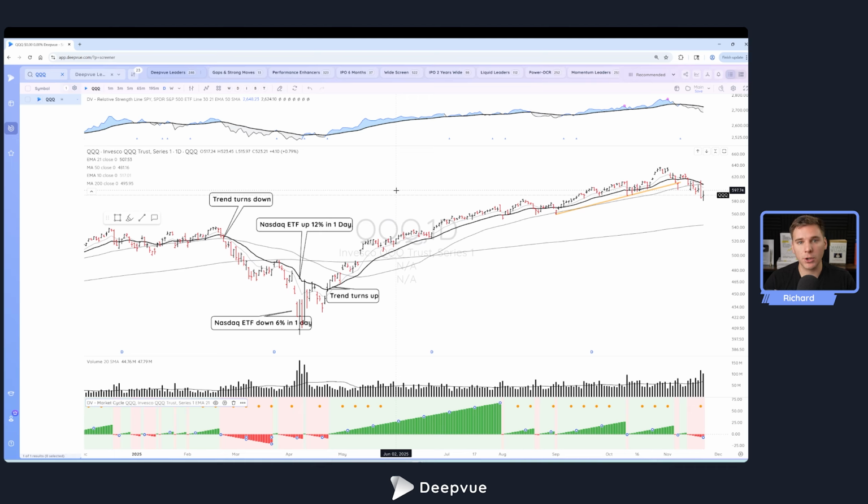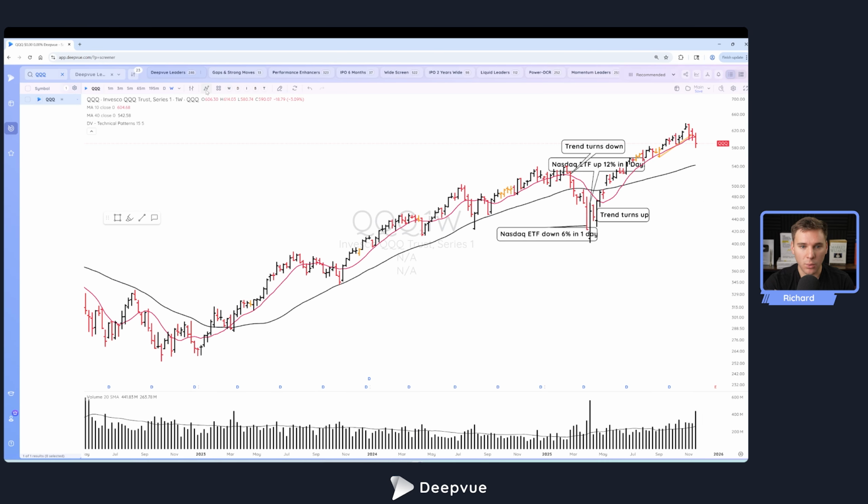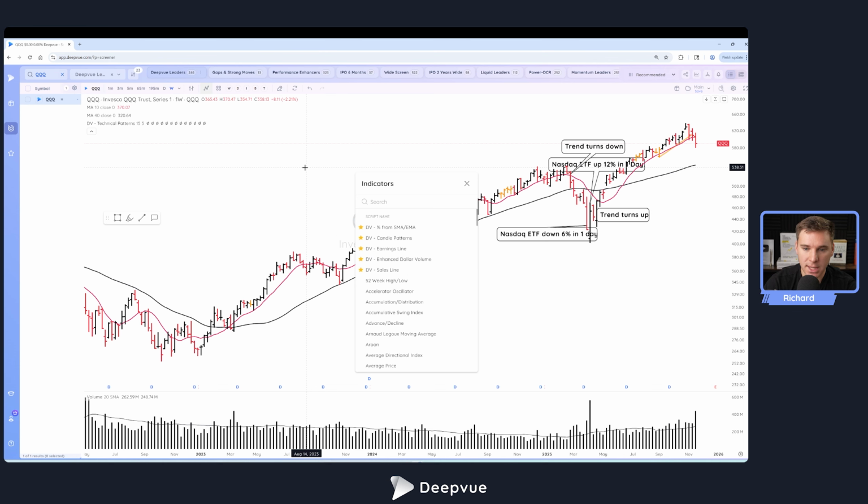And because it's longer term, we really want you to focus on it on a weekly chart. So it's actually not going to show up on a daily time frame. So for this to work, we have to go over to a weekly time frame. We'll go over indicators and strategies, and let's type in